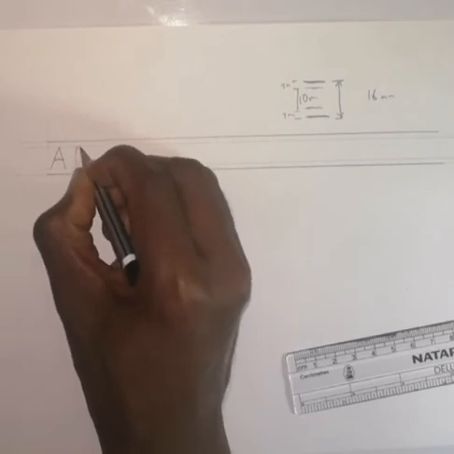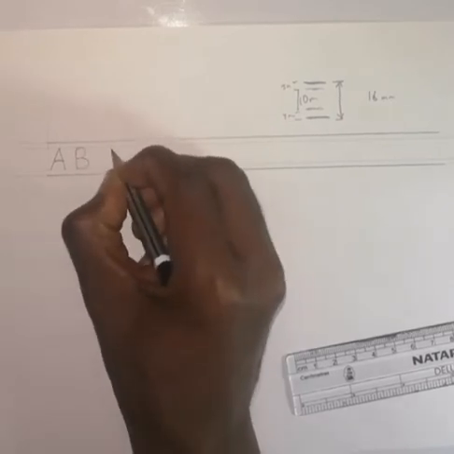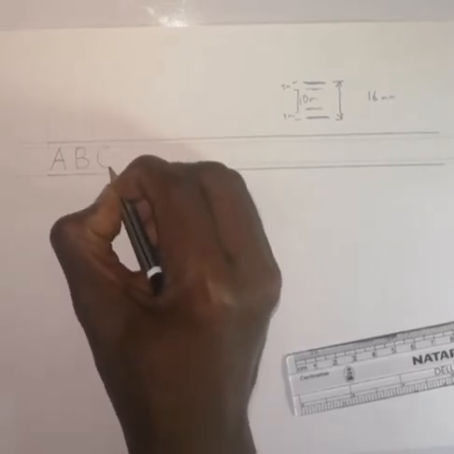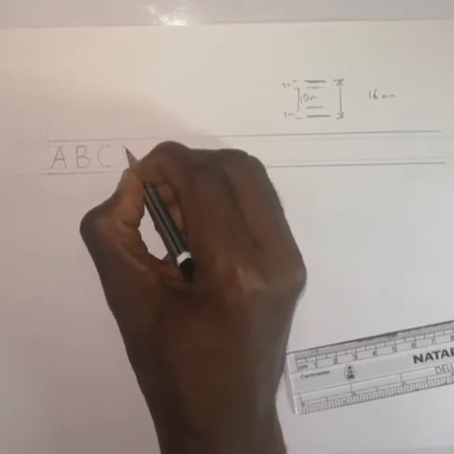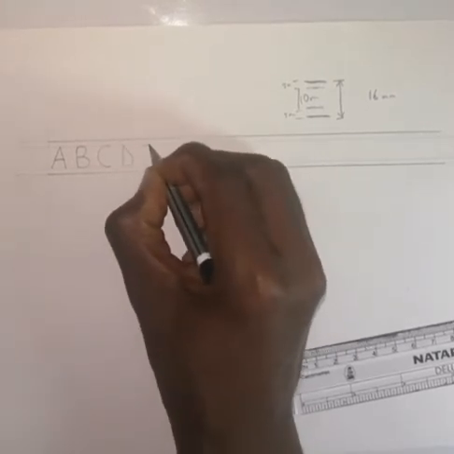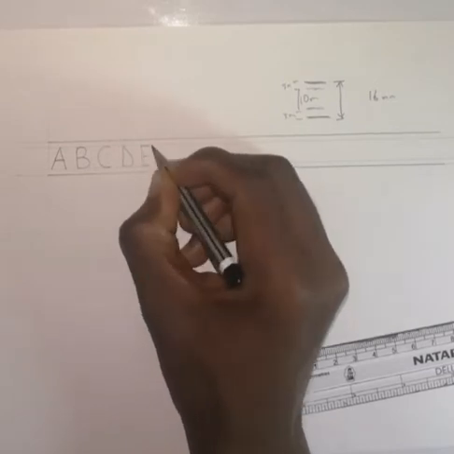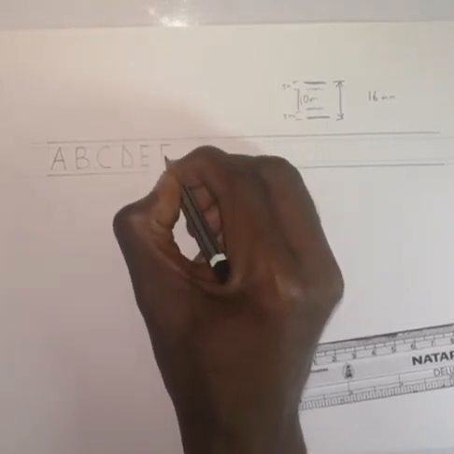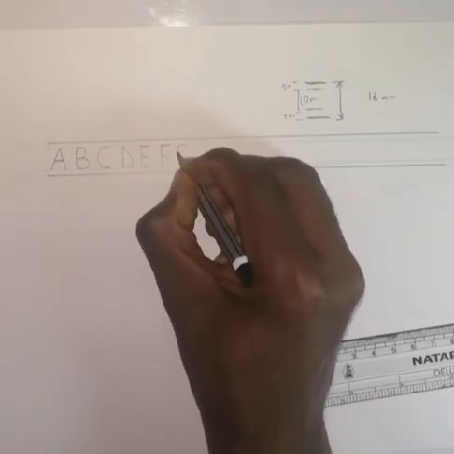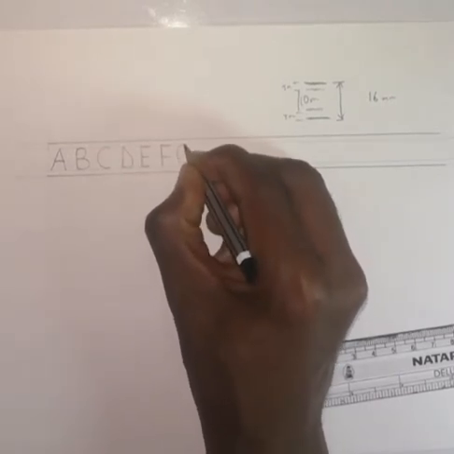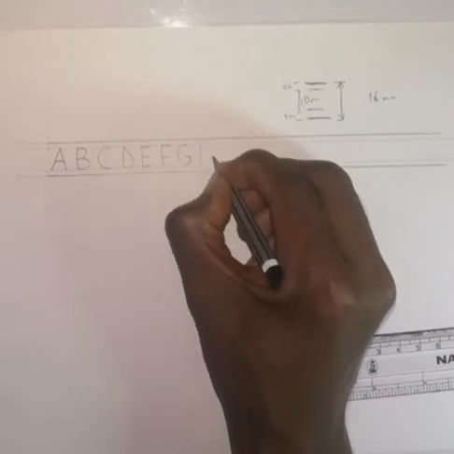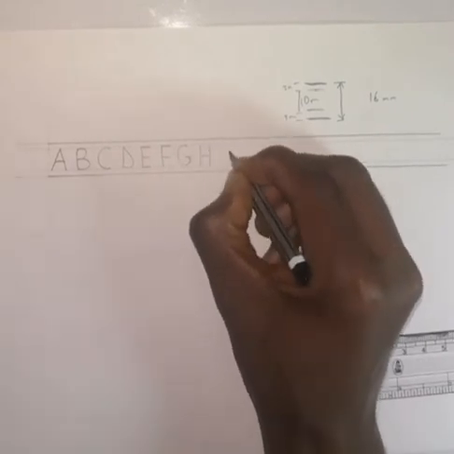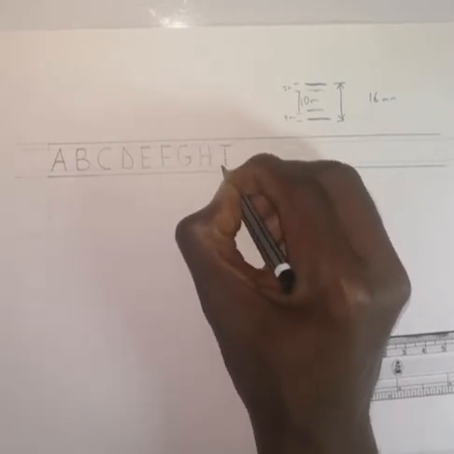Then this is B, this will be C, this will be D, this will be E, this would be F, this would be G, this would be H, this would be I,